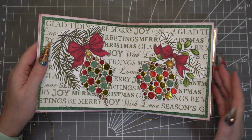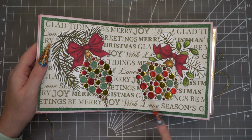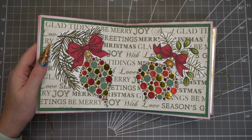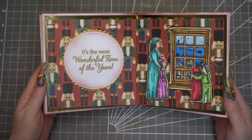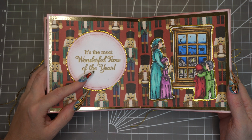It's not the easiest thing to do. Maybe I should just add the backing papers, the pattern papers at the back, and then the plain papers at the front. I feel like that probably would have worked better, but like I say, I live and learn, don't we? So then we're on to the Nutcracker page, and the first page I've just done a sentiment which was